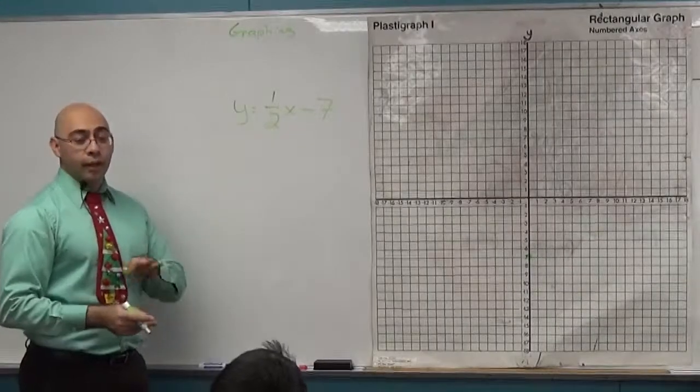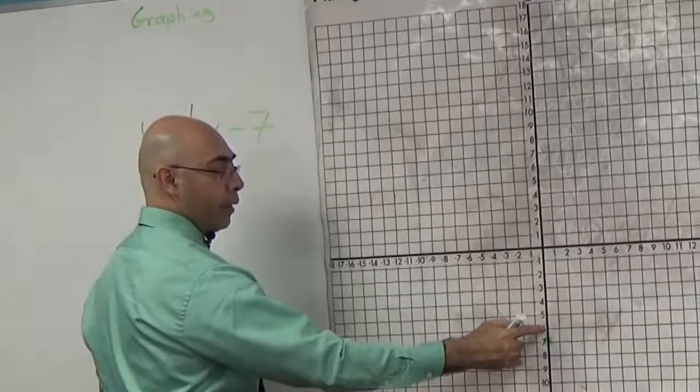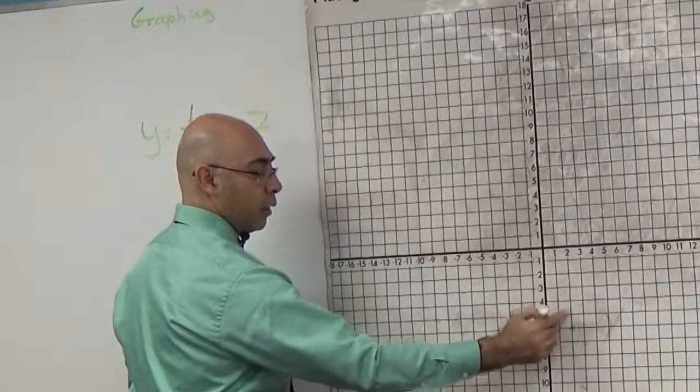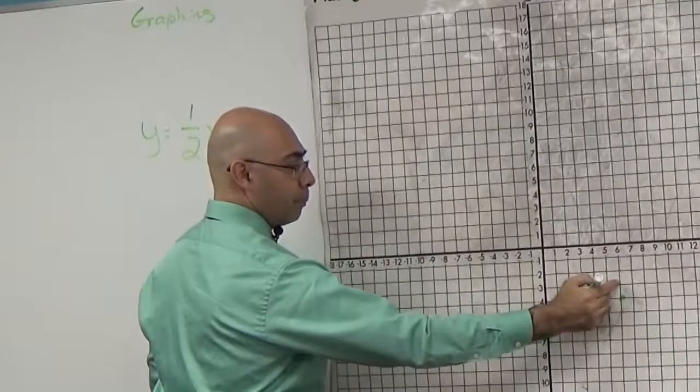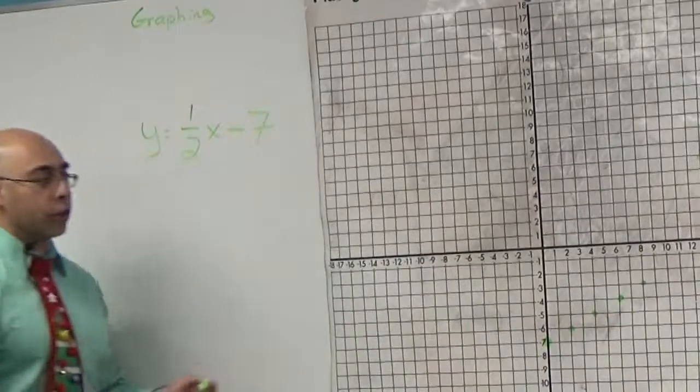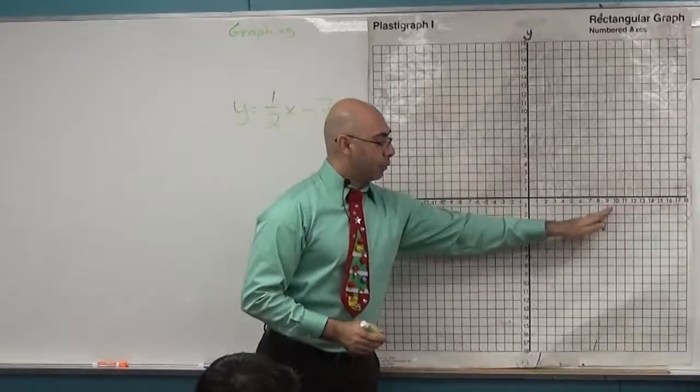Yeah, that's a good question. I'll just say it'll be right by 2. You go up by 1, right by 2. Up by 1, right by 2. You only need to draw 2 points, but I just kept going to show you that I don't make a